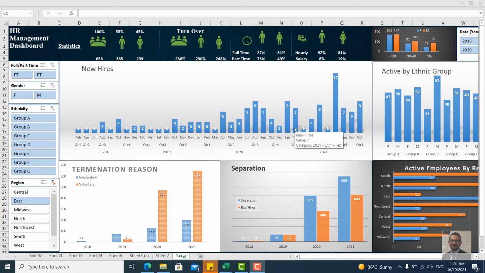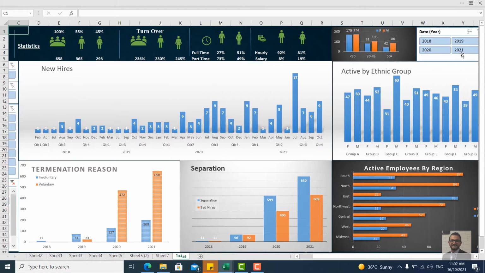Hello guys. So today we're going to deal with HR data to build a wonderful report for an HR department. As you see here, we build a dynamic HR management dashboard, and we slice and dice all the data here for the ethnicity, full-time or part-time, and also we have the statistics, the number of employees, the turnover, and for example also for the year